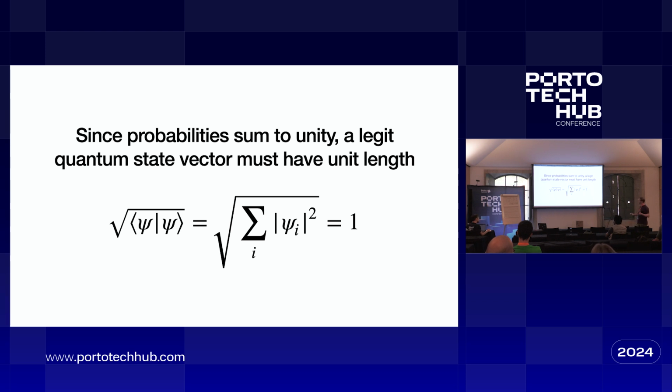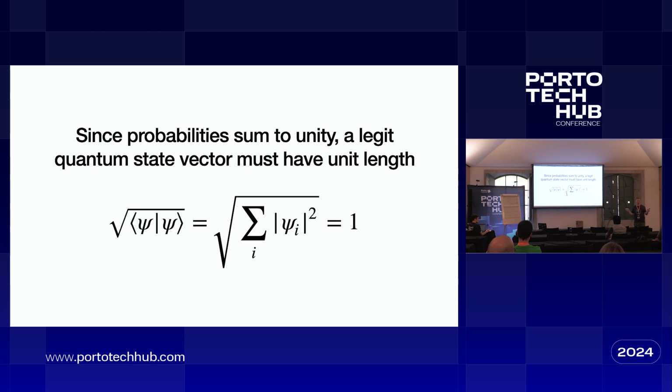Now, once again, we have restrictions that the probabilities have to sum to unity. But in this case, it's not the coefficients that sum to unity. These coefficients are complex numbers. It's their magnitude squared which have to sum to unity, right? And that's the same thing as the length of the vector, the Euclidean norm of the vector. Yeah? Is that cool?